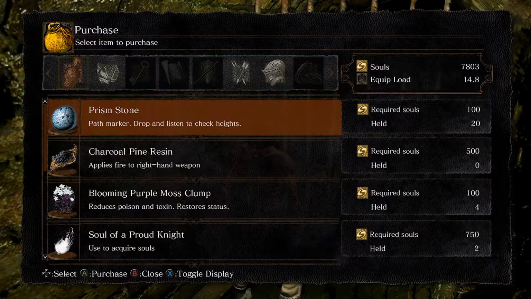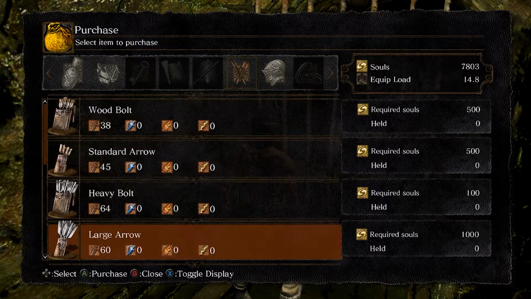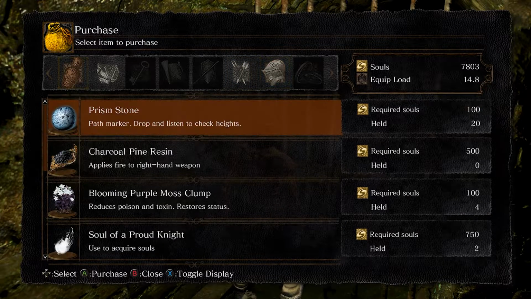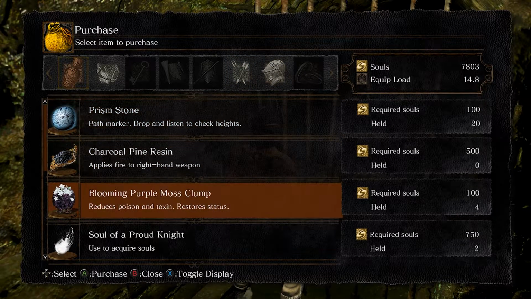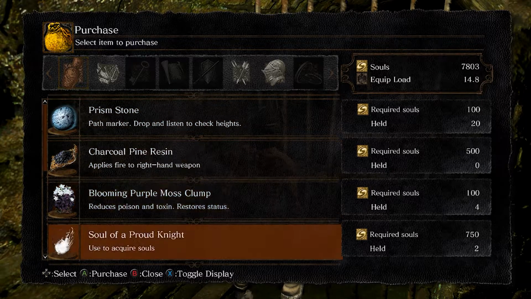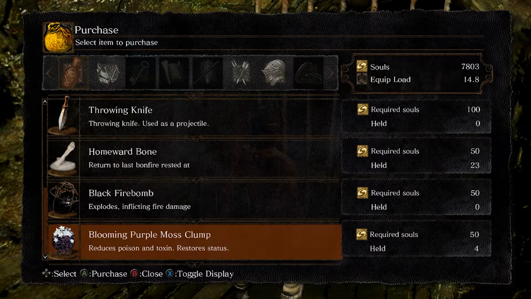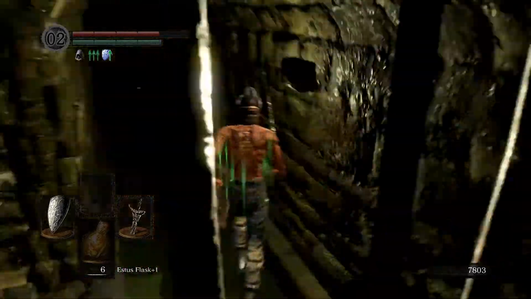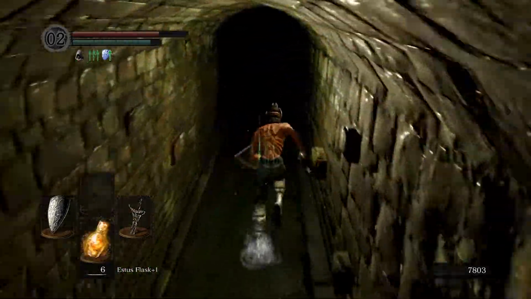I think this is her normal inventory, isn't it? This was not randomized. I actually know it was randomized. It's just that this part of her inventory looks so normal. This is pretty much what she sells normally. There's some couple of different items there, but...